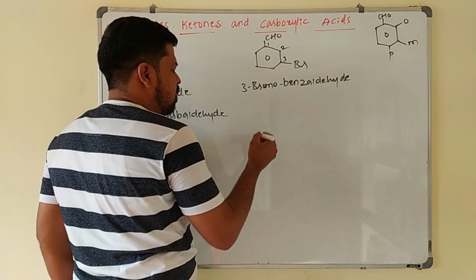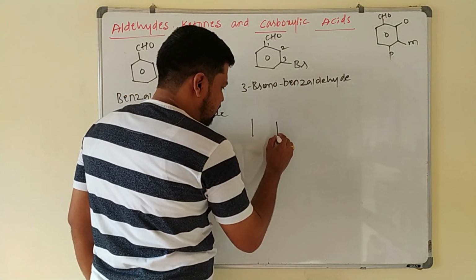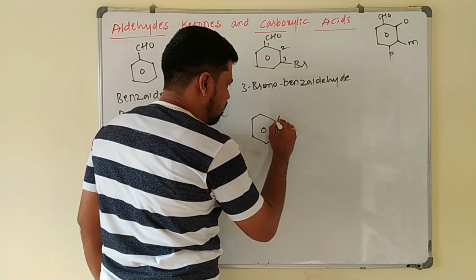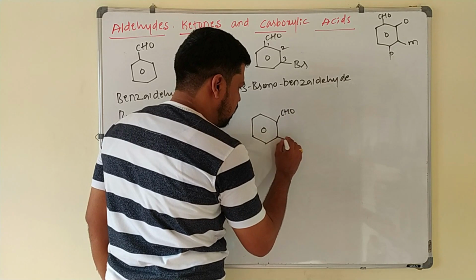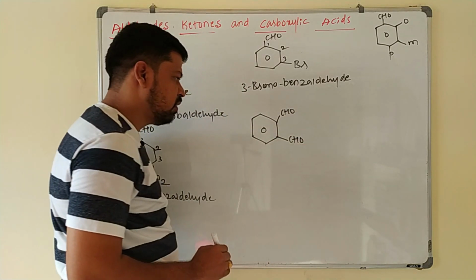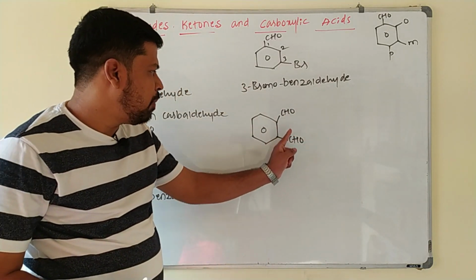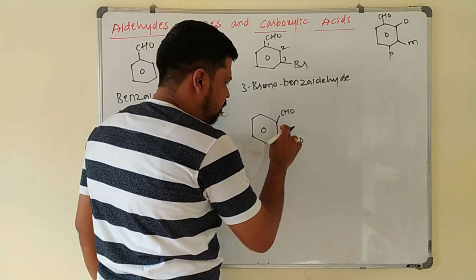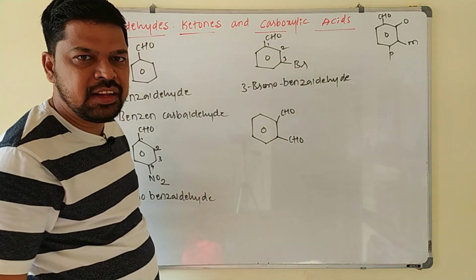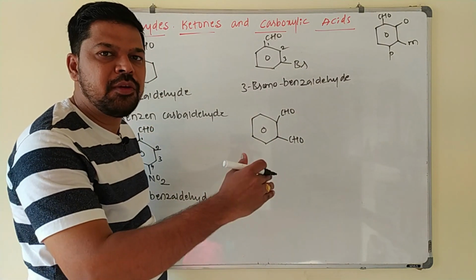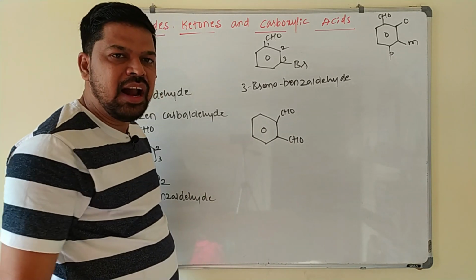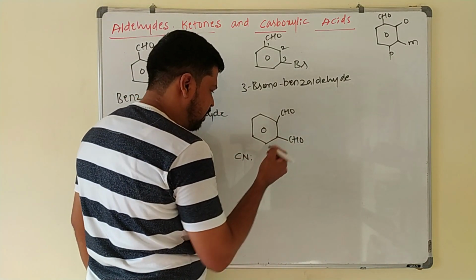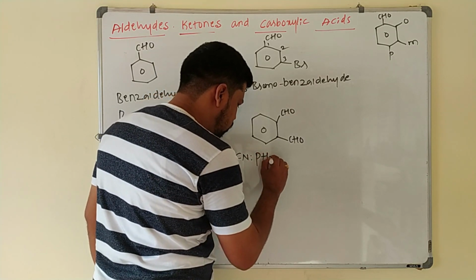Okay, suppose two aldehyde groups are present adjacent to each other on the benzene ring, like this is also CHO and this also CHO, then it is called what? The common name for this compound is phthalaldehyde, because if it is oxidized, if two COOH groups are present on the benzene ring, that is called phthalic acid. So if you remove the suffix ic acid, you will get what? Aldehyde, that is phthalaldehyde. It is also having a common name, that is phthalaldehyde.